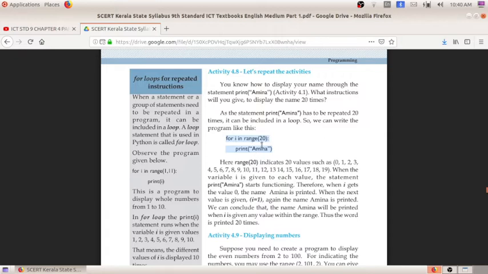If we are not writing the for loop, we have to write print Amina 20 times. So it is a long process. Instead of that we can put it in the for loop. We have done this program in the range of 20, meaning 0 to 19. The 20 will not be printed; for 0 to 19 Amina will get printed. You saw the output also.